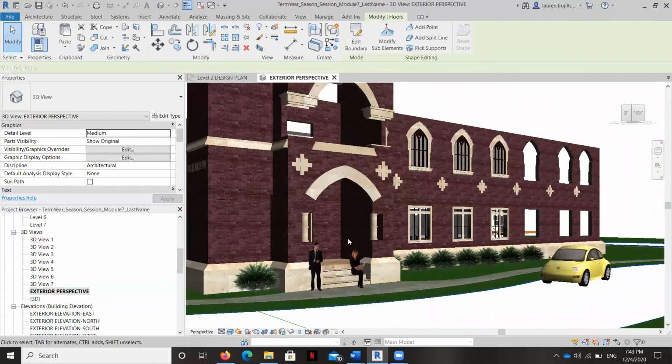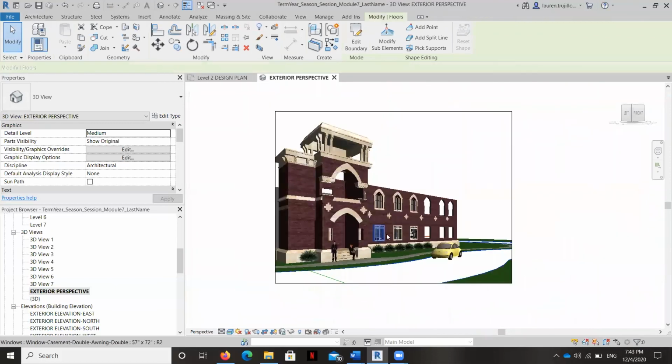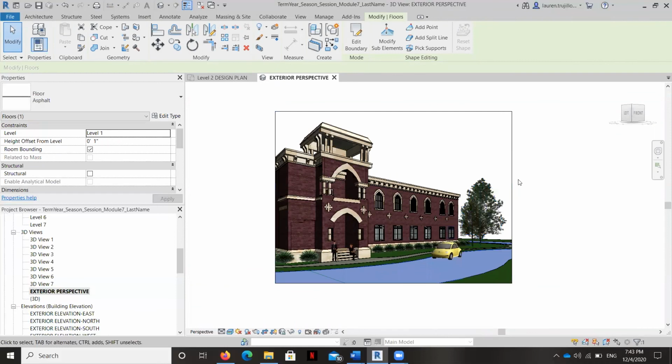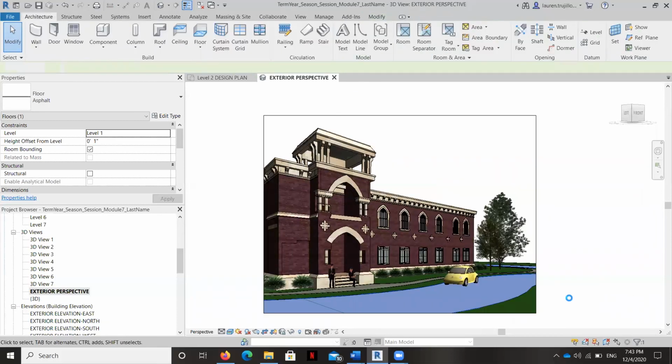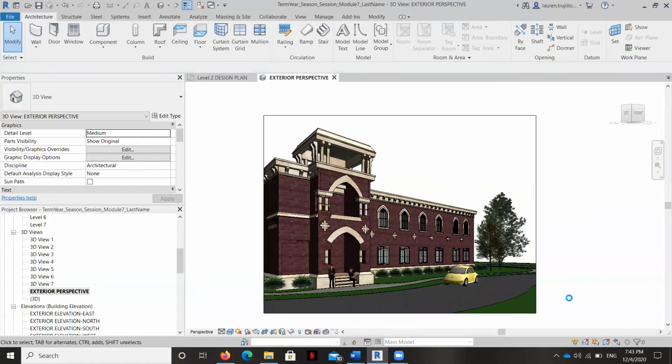And so this is our finished view for now, and you can see it's moving really slow because already we've got a bunch of stuff in there that's taking up weight and making the drawing function slowly. But right now that is the realistic camera view for our exterior perspective, and it's off to a really good start. Looks great.